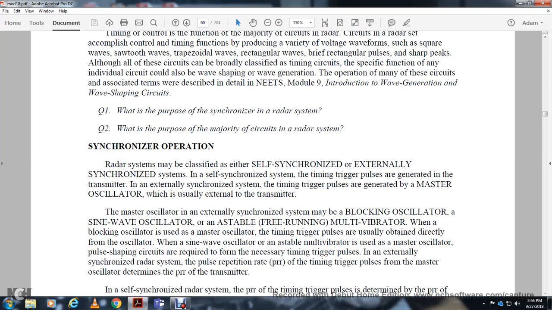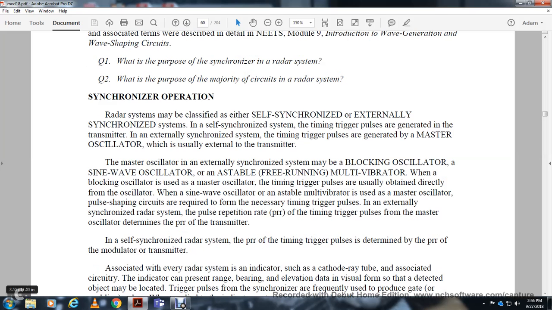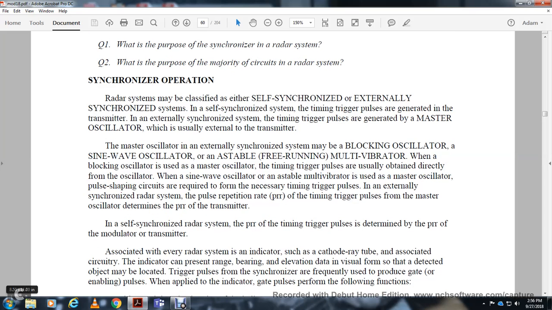The master oscillator in an externally synchronized system may be a blocking oscillator, a sine wave oscillator, or an astable, free-running multivibrator. When the blocking oscillator is used as the master oscillator, the timing trigger pulse is usually obtained directly from the oscillator. When the sine wave oscillator or the astable multivibrator is used, you have the master oscillator with a pulse shaping circuit that forms the necessary timing trigger pulse. The externally synchronized radar system pulse repetition rate is determined by the master oscillator. In the self-synchronized radar system, the pulse repetition rate of the timing trigger pulse is determined by